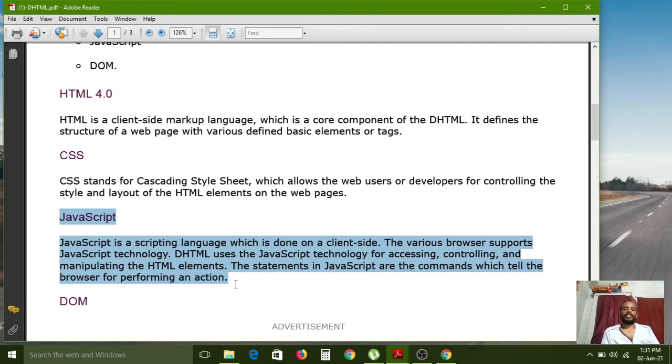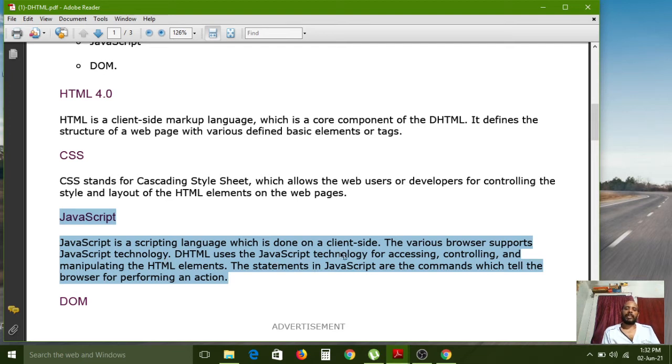HTML is a client-side component, CSS is cascading style sheets added for the HTML client-side application, and JavaScript is also a client-side scripting language. Various browsers support JavaScript technology.